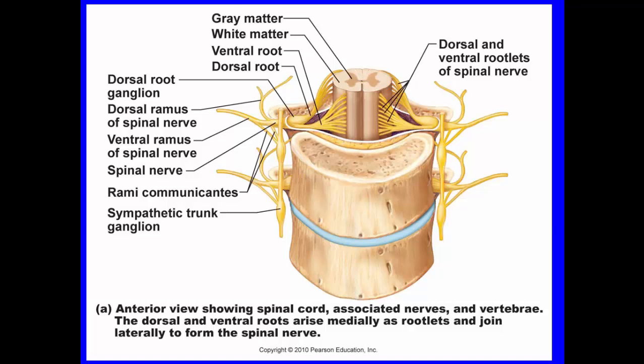Moving on, we've got to get used to the branches. The branches exist exterior to the spinal foramen. Ramus or rami is a term used as a branch, and they divide, and each is a mixed nerve. So the rami communicantes contain autonomic nerve fibers, and you can see those in this diagram here. You'll see the little branches coming in and out, and they're coming through basically the pathway of the sympathetic trunk